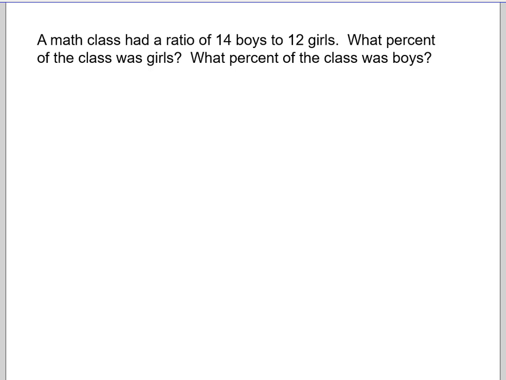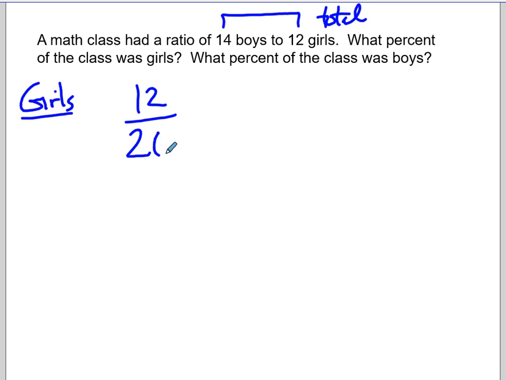So 14 boys and 12 girls. So now, what percent of the class was girls? So the important part with this is to remember that when you're dealing with ratios, the total comes from taking those two values, the 14 and the 12, and bringing them together. So if we want to look at what percent was girls, we would say we have 12 out of 26, and we can times that by 100 to turn it into a nice easy percent. So 12 divided by 26 times 100, and we get